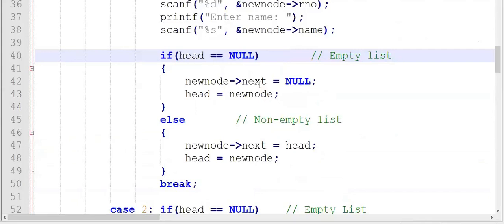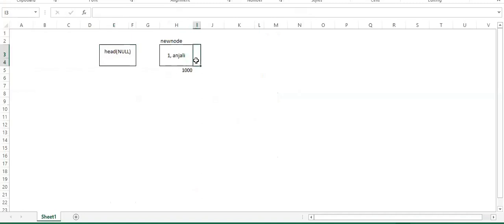New node next is equal to null. So the next portion of a new node should be updated to null. Let us do that. The next portion, this is the next portion, this is a new node, should be equal to null. So this has been updated to null.